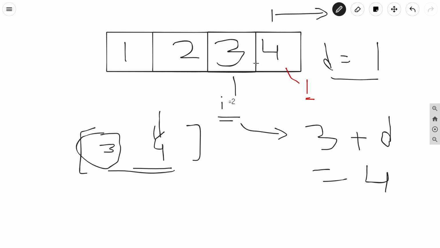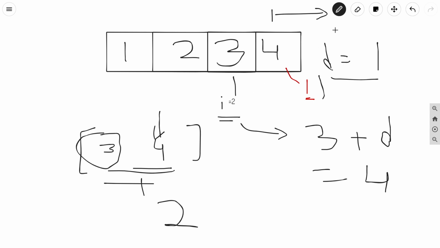For the arithmetic progression starting from 4, the length was 1, and we will push this 3 into it, so the length will be increased by 1. For this case the length will be 2.